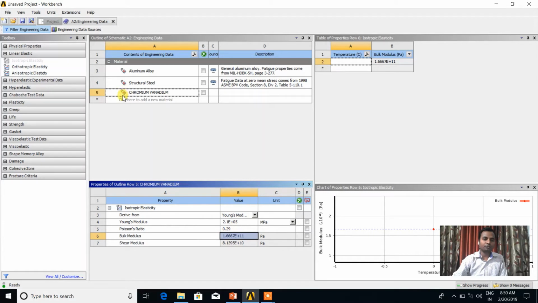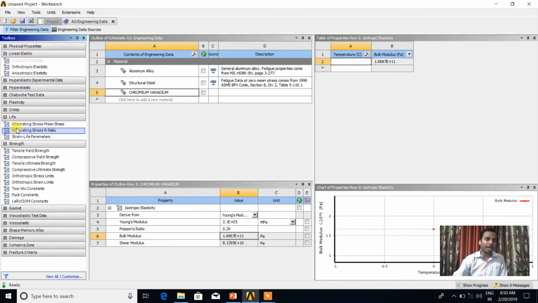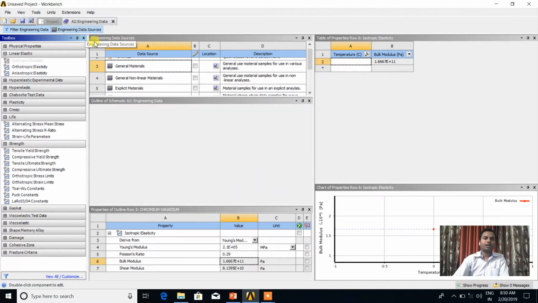Now here the question mark does not appear. You can also add a number of material properties like strength. Yes, here strength, tensile strain, yield strain, compressive strain, but it is optional. This is for analysis purposes, this is most important. If you want to do the fatigue analysis, you can add the life. Okay, if you want to do the thermal analysis, you have to add the thermal properties. So likewise we can add material properties manually also. So this is the part of analysis.